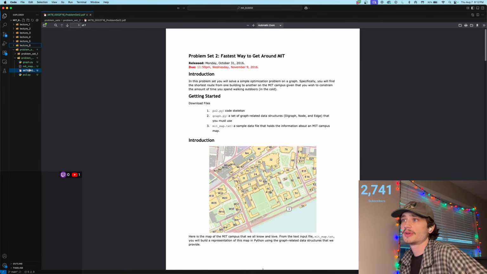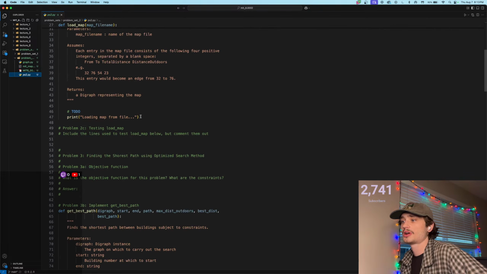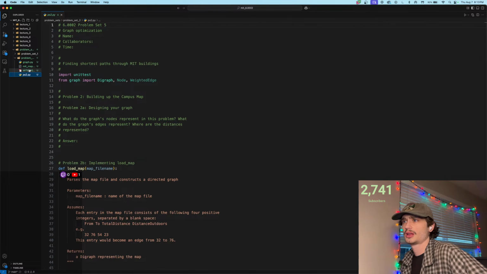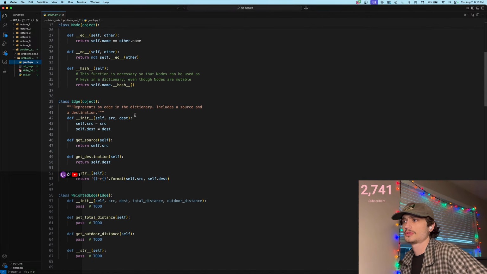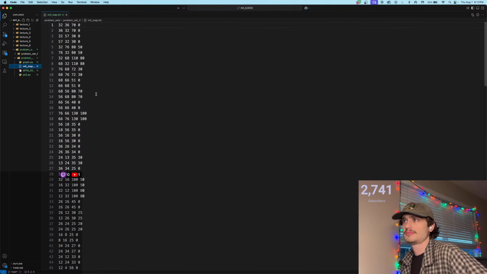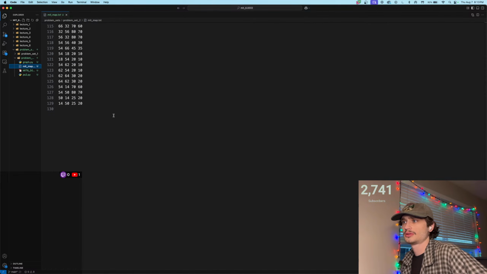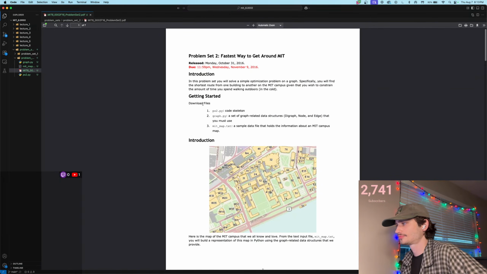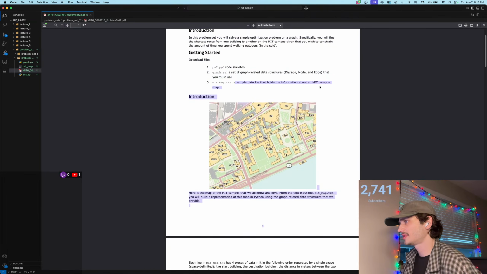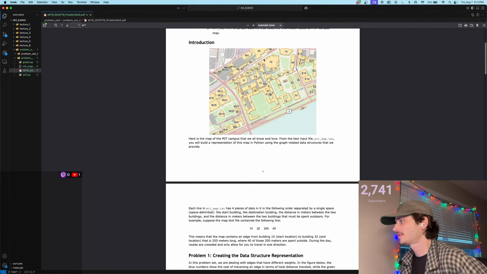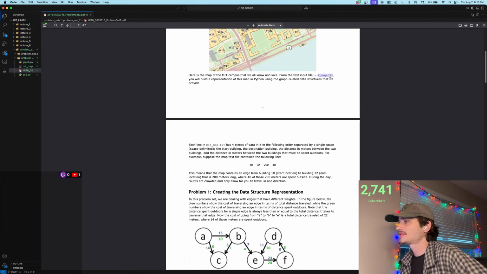Okay, so we have ps2.py, where we're going to write code. We've got graph.py, which holds our classes for setting up a graph. And then we have the MIT map, which is a text file of data points, sample data with the information on the MIT campus map. Here's the map of the MIT campus that we all know and love. From the text file mit_map.txt, you will build a representation of this map in Python